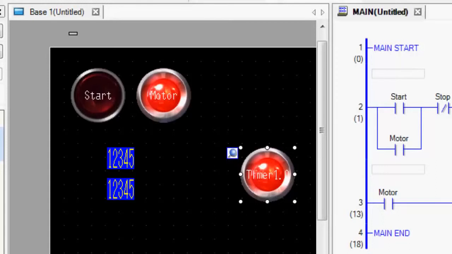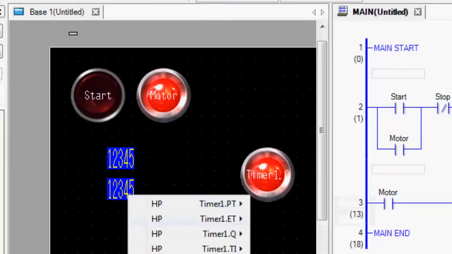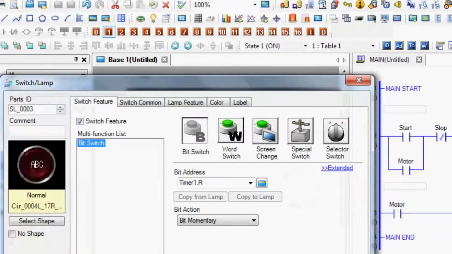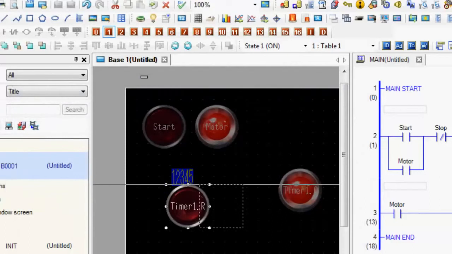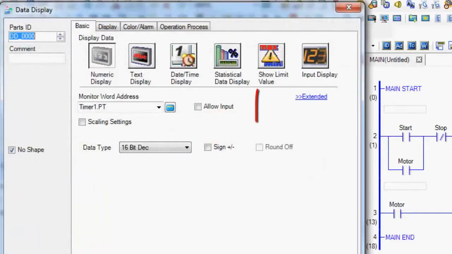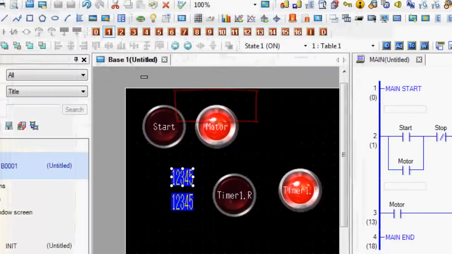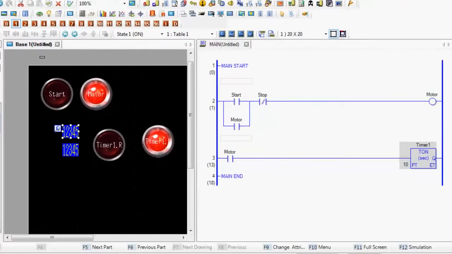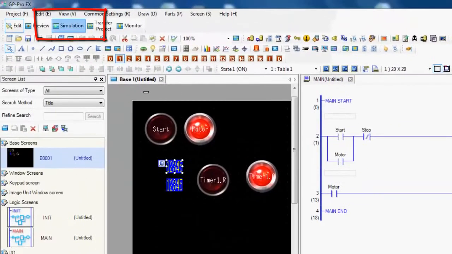I'll put a lamp there, so that when my timer gets timing, it'll turn this lamp on. And let's go ahead and create a reset switch as a bit switch, so I can reset it if I want. Let's drag that there. Then on the preset, we can come in here, timer1.pt, and say allow input, and that will give me the ability to change this 10-second timer to whatever I want. So as this runs, start, stop, motor, and a timer. Pretty simple. But you can see how I quickly created that page using the drag drop feature. If I simulate this now,